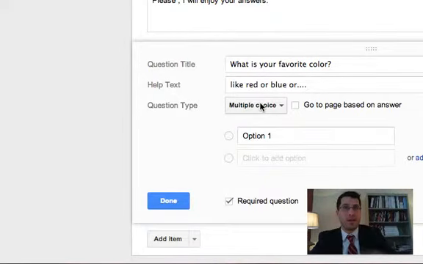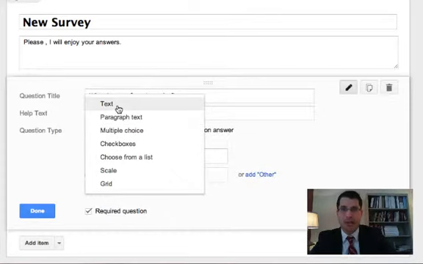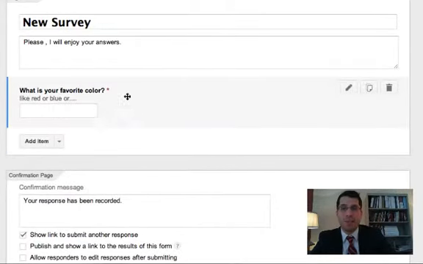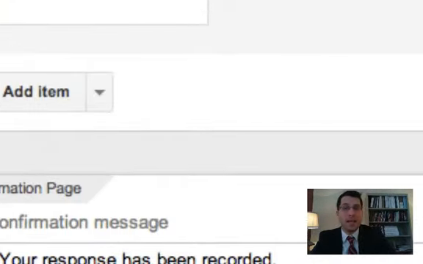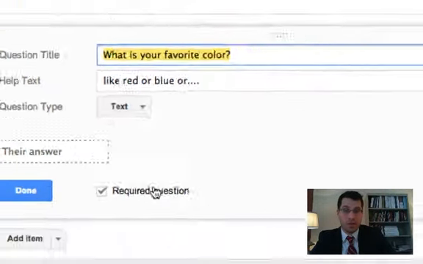I just want them to actually give me an open-ended feedback piece, so I pick right here, multiple choice, and I'm going to say text instead. And now they're going to have a blank in which they can type their favorite color. Maybe it's chartreuse, right? And when you are done, you hit the done button. And there I have my wonderful, easy to look at, easy to understand first question. And this little red asterisk right there actually indicates that that is a required question, which is why you check